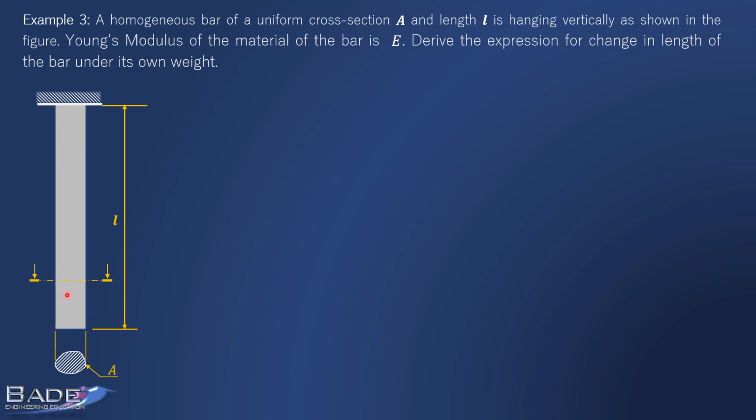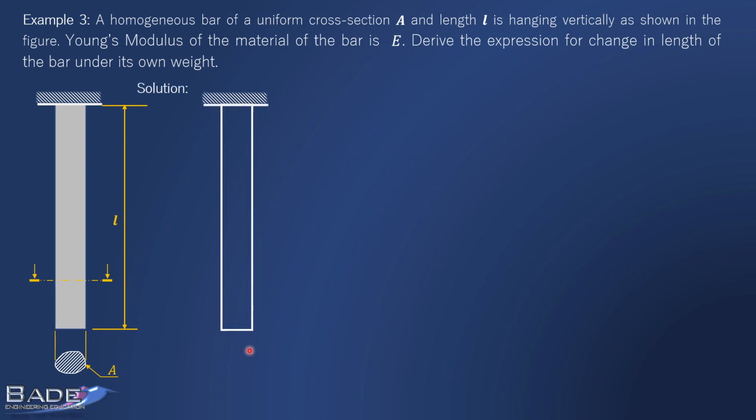It is vertical in position. Upper end is supported here. And because of its own weight, we want to find out how much is the increase in length of the bar. But it is a bar of uniform cross section. So here I have considered that bar. It has length L. Consider a section at distance x. Can you tell me what is force on this cross section?